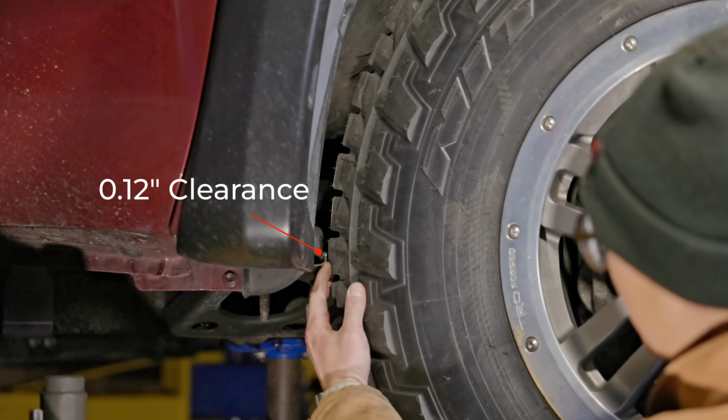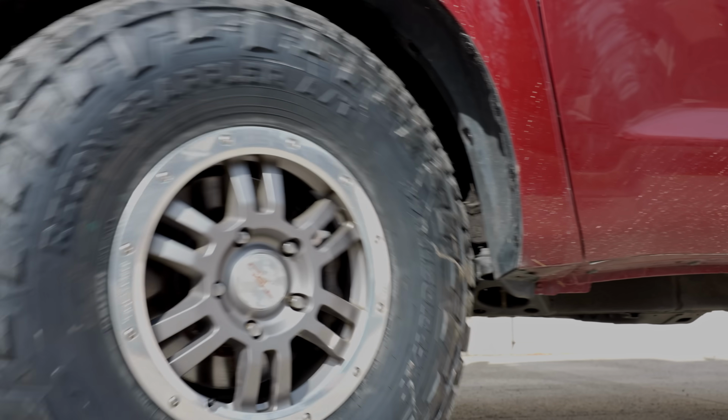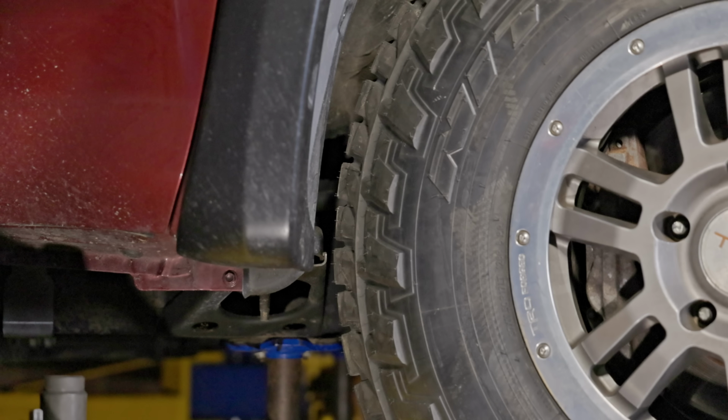Now, positive offset wheels and narrow tires got me pretty far. But if I simply stop here and do nothing else, I will only have about 1/8 of an inch clearance, which is too little margin to account for bushing deflections like when you're going in reverse. To achieve the 1/2 inch margin I showed earlier, there is one more secret. This one is a little tricky, and I have seen many people doing it wrong and end up hurting their